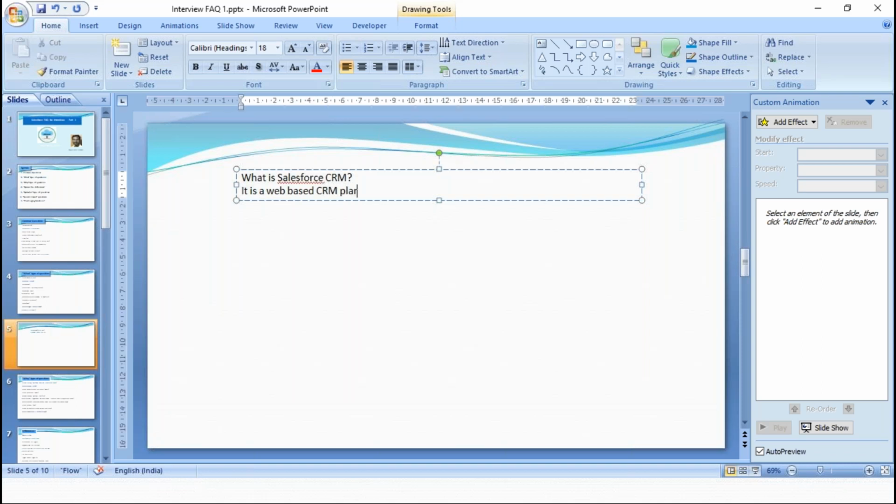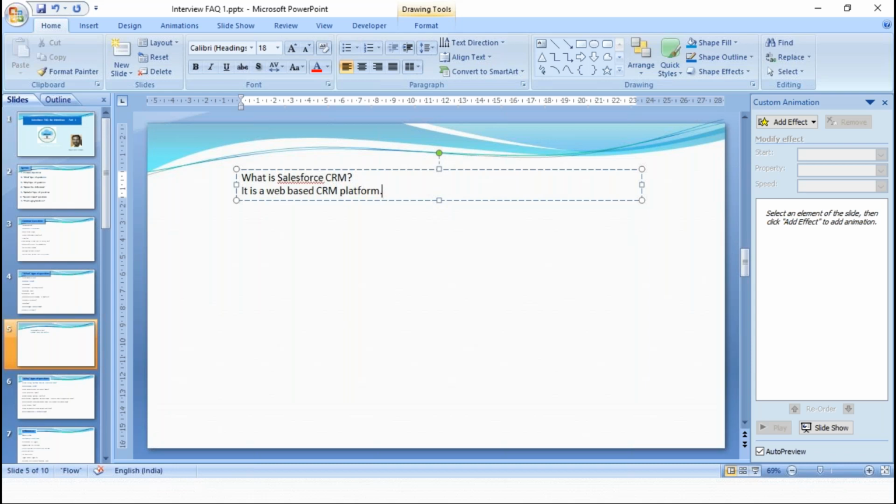It's a web-based CRM platform, isn't it? So, it's a CRM platform, which means you have a database and features to manage that data.